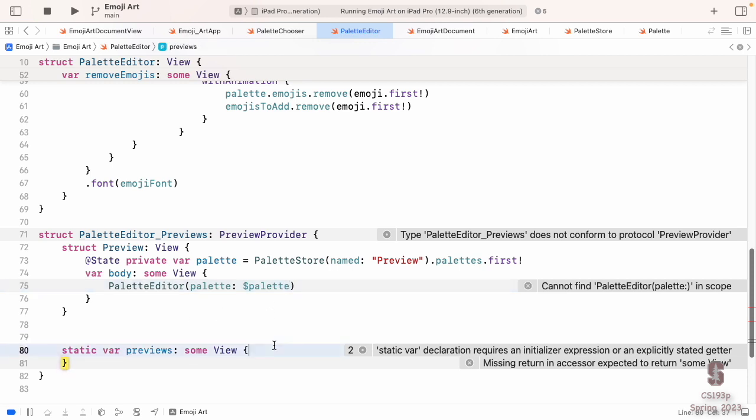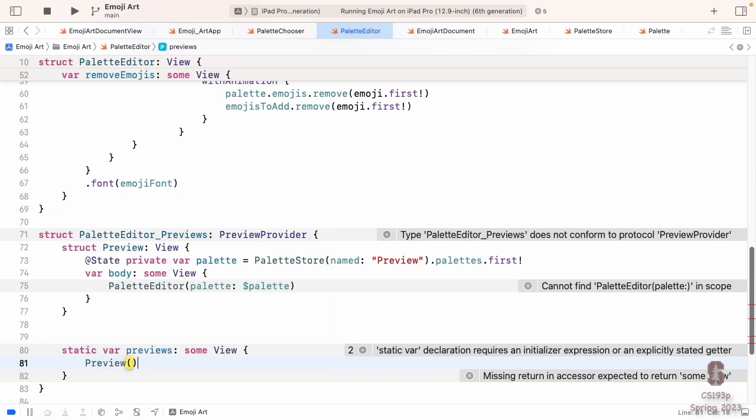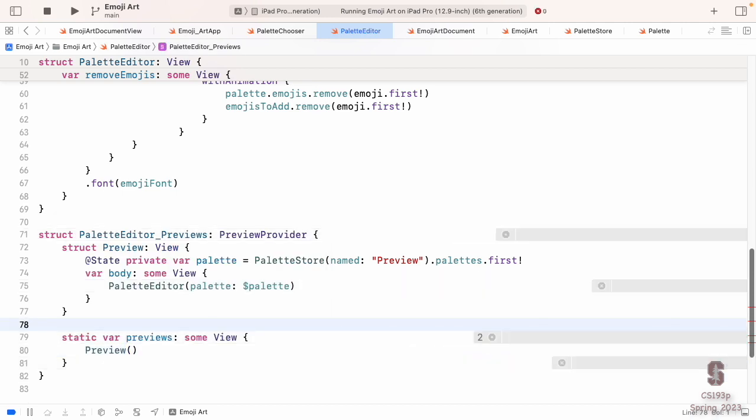And now down here in our previews, we just put one of these views, a preview view. I wanted to preview this palette editor, so I need something to edit. So I created a view that has @State, and then I passed a binding to that @State, and I'm just showing this view. Your previews don't always have to just be the thing that you're previewing. They could be some other view that shows the thing that you're previewing, which is what I'm doing here. Another thing we could have done here is an @StateObject with just this palette store. And then we could have done $store.palette. That would have been fine too. Either way, we're creating something we can bind into. Okay, that's it for the palette editor for now.